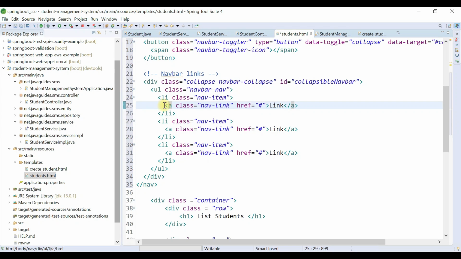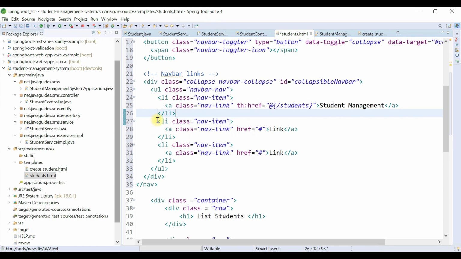Alright, and let's add a navigation to navigate to the students page. For that, let's use the Thymeleaf attribute here, th:href, and @{/students}. Here @ represents a reference to the context path of your application. In our case, this is the project name followed by slash and then students. And here we are going to use "Student Management", something like that.